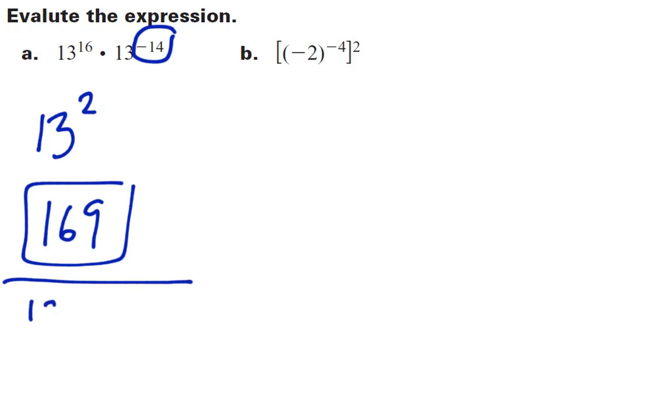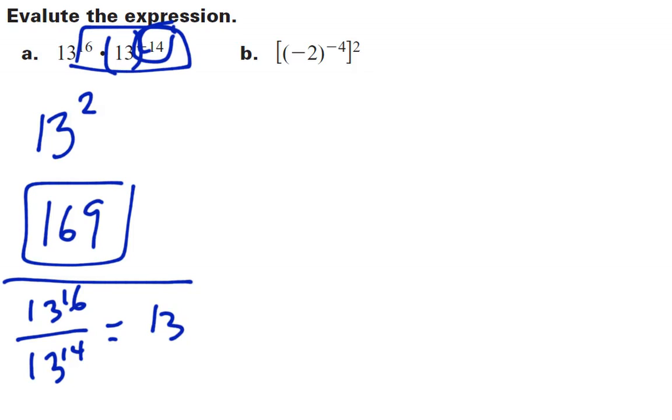Maybe what they wanted me to do here was to apply that negative exponent property, so I would have had 13 to the 16th over 13 to the 14th, because this becomes the reciprocal, and then that becomes a positive exponent there. And then I can apply the property where I subtract them, which is essentially what I did up here when I added them. So 13 to the 16th minus 14th becomes 13 squared,